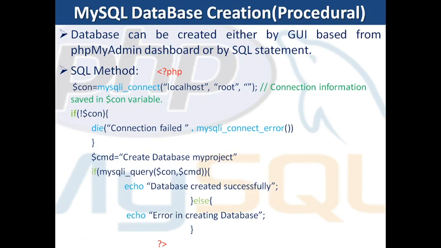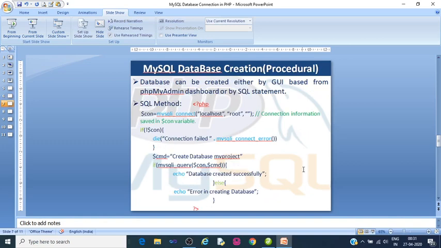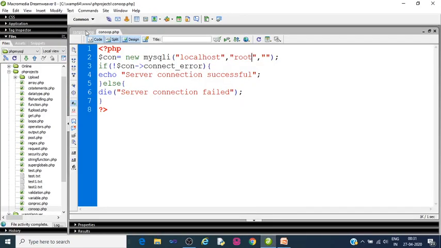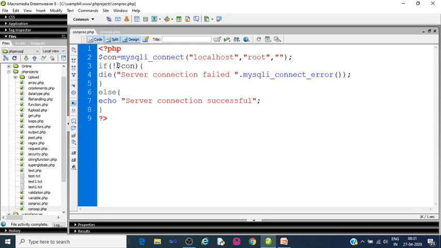Let us take it to the editor. So we'll go to this one, the procedural method. We'll remove this thing, we don't need it now. Now I will write an SQL statement.